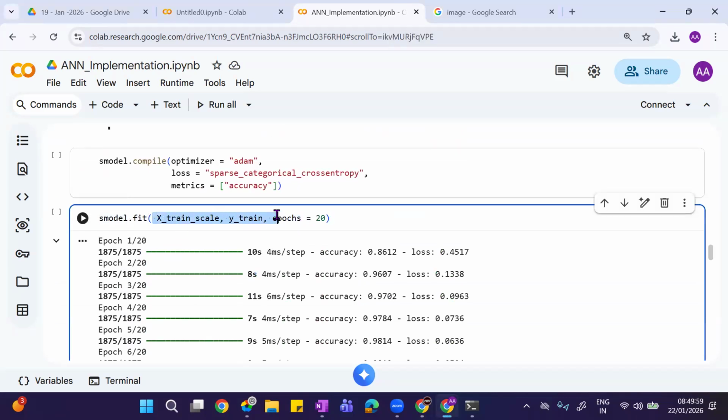Now the model has learned with the data, so it is having the knowledge. As I told you, you can take this model and fit it anywhere, wherever you want, and it will start working.